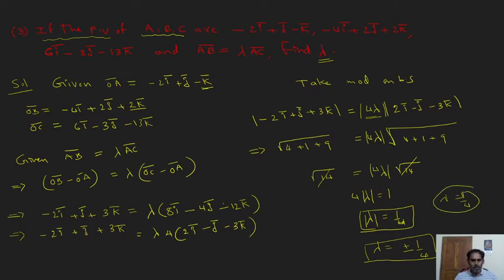This is question number 3. Here the position vectors of A, B, C are given. Position vector of A is denoted by OA bar, position vector of B is OB bar, position vector of C is OC bar. After that, in this equation I am substituting AB bar equals lambda into AC bar. So AB bar means OB minus OA, lambda into AC bar means OC minus OA in terms of position vectors. You know this. So by subtracting, we will get this result. After that, by taking the magnitude on both sides, I am getting the lambda value. This is question number 3.